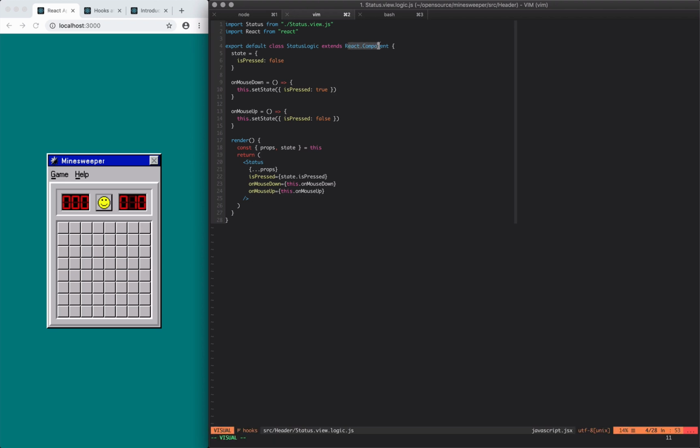So it has the component definition of a class, and then it defines what its state is, and then it defines a bunch of methods. Now in this case, they are on purpose like expanded. So this could be like a toggle that just changes, essentially when it's clicked, it just changes the state for one or the other. But I did it like this so it shows the concept in a bit of an easier way. And then we have a render method that just returns essentially the component, and it passes down all the